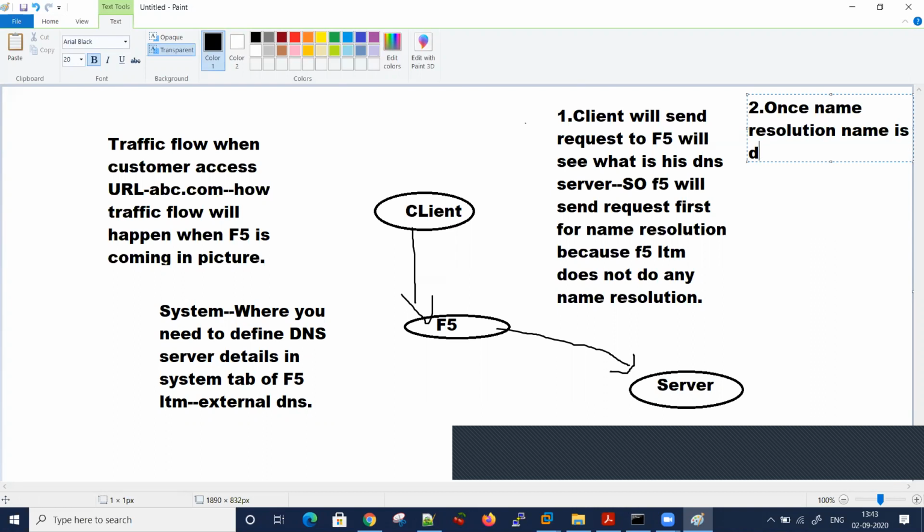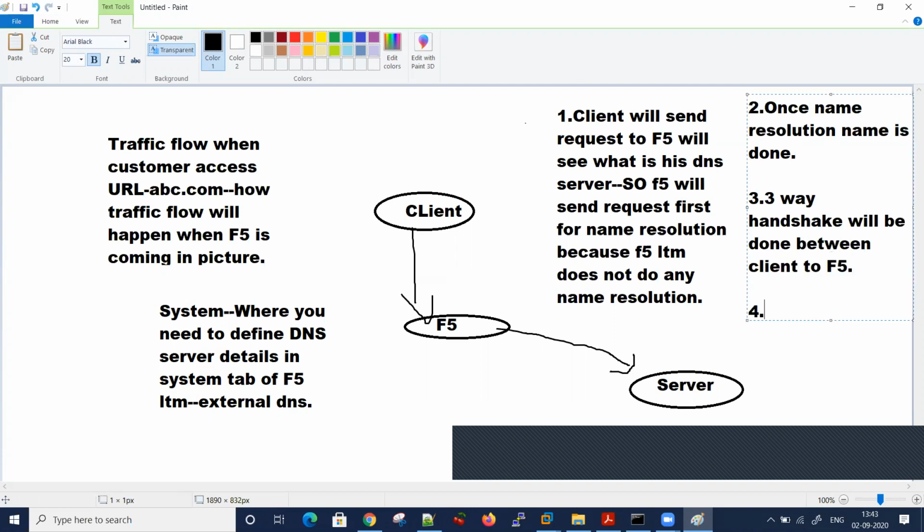Once name resolution is done, can someone tell me what is the third step the client will do with F5? Three-way handshake. Great. So the three-way handshake will be done between the client and F5. Fourth step, Amit, please tell me. Once the client to F5 handshake is done, the handshake from F5 to the server.